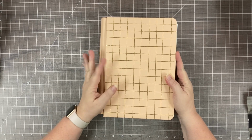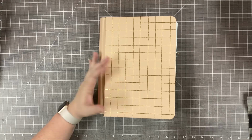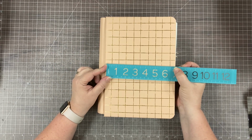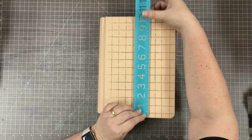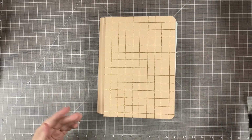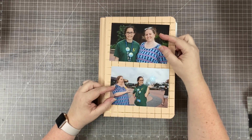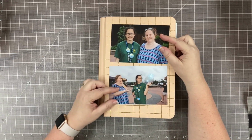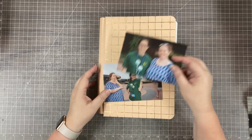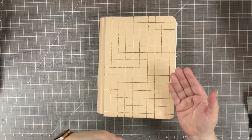Creative Memories Happy Album. This is our newest size album. The pages that fit in here are 6 3/4 by 10, which is a really nice size if you want to use it as maybe a gift album. Works great with 2 horizontal 4x6 photos on a page, plus a little bit of extra room to journal around them. We also sell calendar inserts, so if you want to use it as a planner,